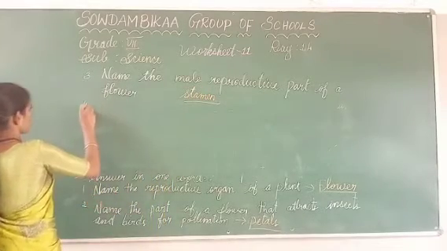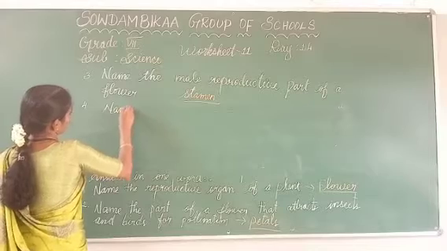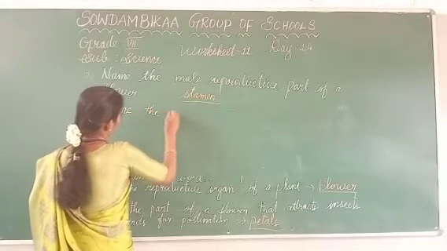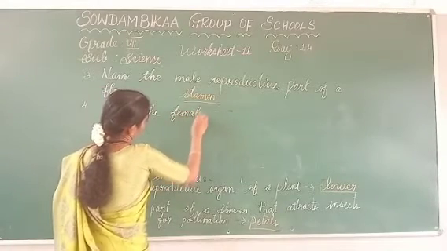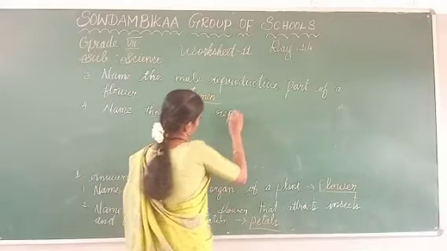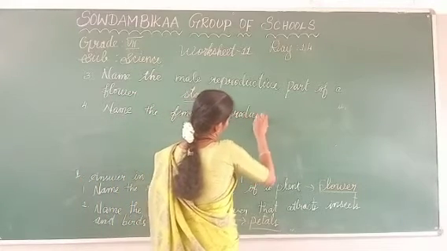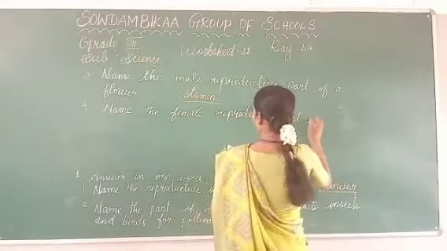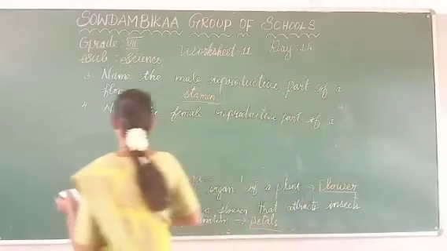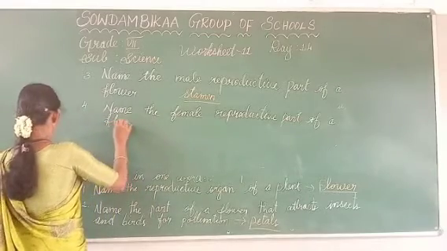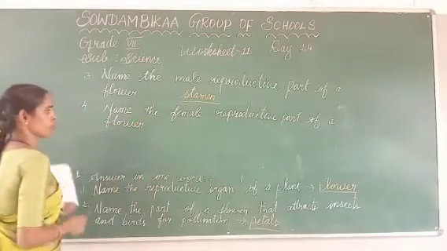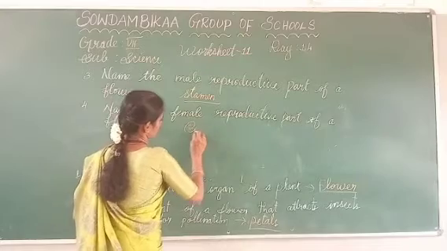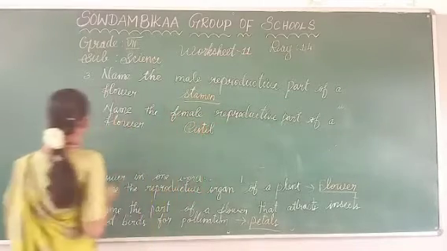The fourth question is, name the female reproductive part of a flower. What is the name of that? Pistil. Good, pistil. The fifth question